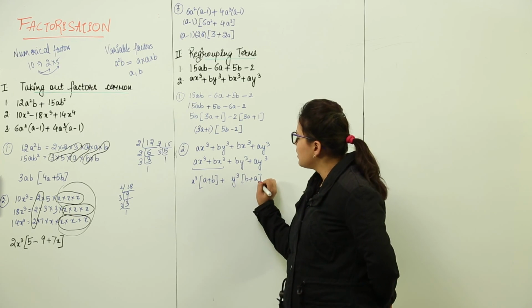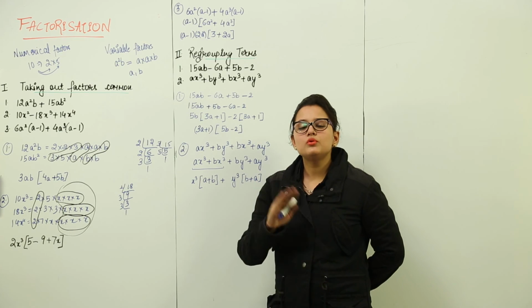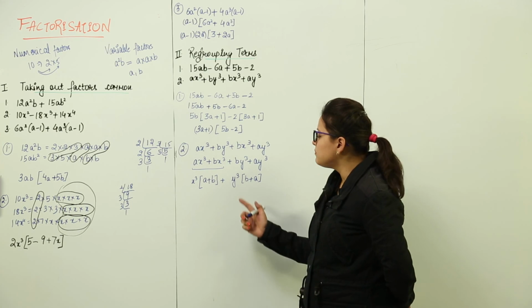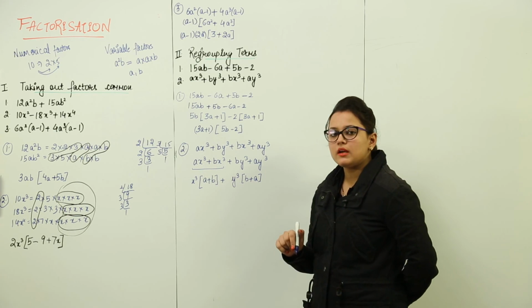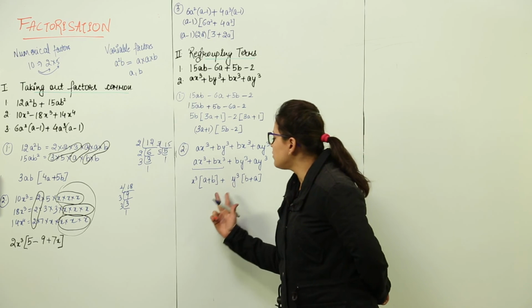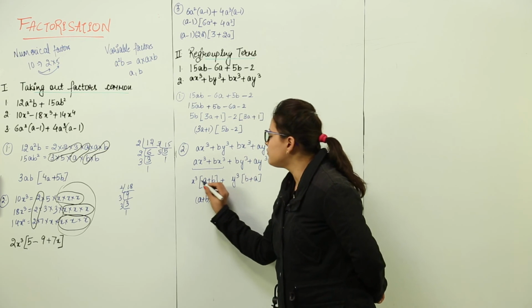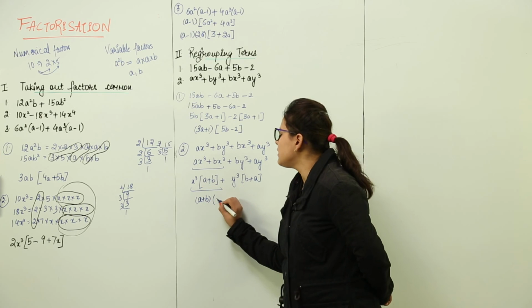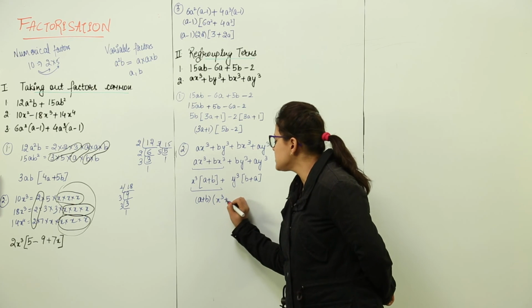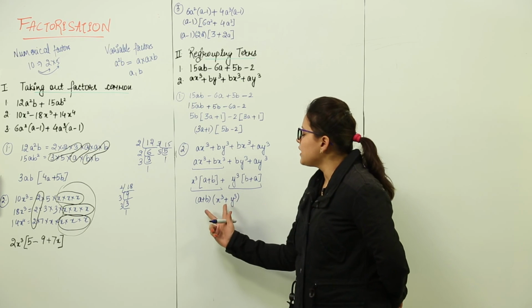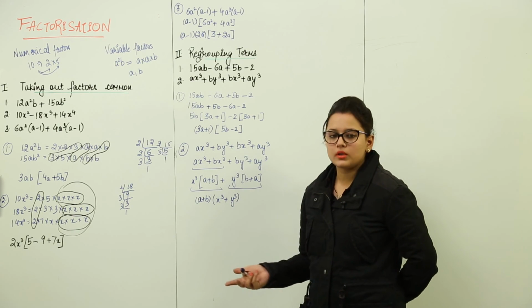b plus a. Now as we know, if you do 2 plus 5 or you do 5 plus 2, it is one and the same thing. That means a plus b and b plus a both are the same. So we take them out common, a plus b as common. What are we left with on the left hand side? We are left with x cube plus, on the right hand side, we are left with y cube. Do we have anything further common? No, we do not have, right?